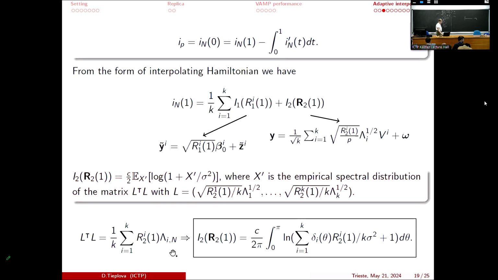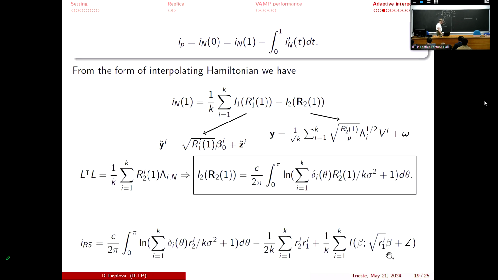Okay, so in the end, this quantity is just the linear combination of our covariance matrices with the coefficients of our interpolation functions. And the mutual information can be presented in this form. If you look closer at this bottom line, I wanted to remind you of the formula that we obtained with replica calculations. This replica potential, the one that we wanted to minimize to find the free energy, was exactly of this form. Here you see the first term, it's exactly this I2, R2. And the last term is exactly the sum of the mutual informations of our scalar channels, right?